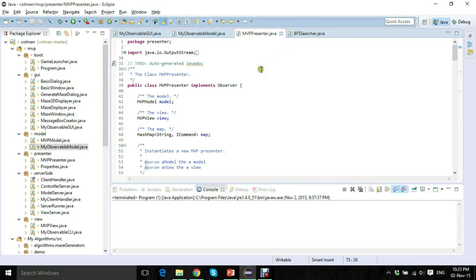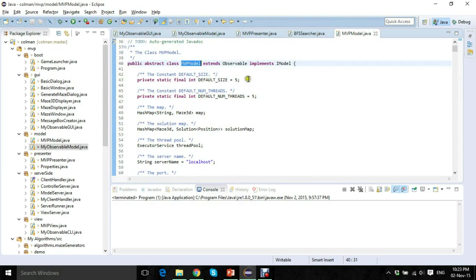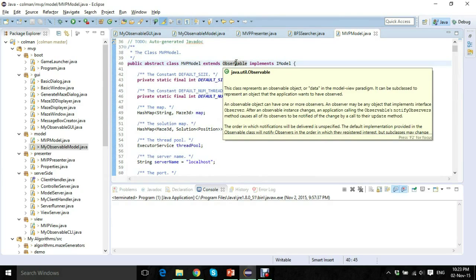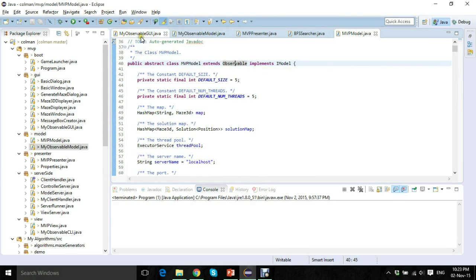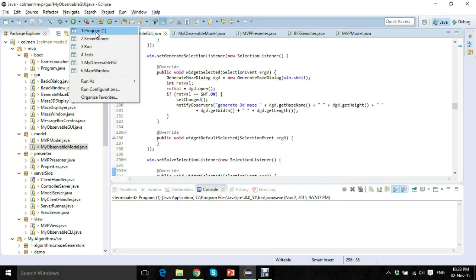So here you can see that the presenter is actually an observer, that the model is in fact observable, which means that the presenter can register to view all of its notifications. Our view can be either command line interface, CLI, or a graphical user interface, GUI. Our GUI, and I'll demonstrate right here,